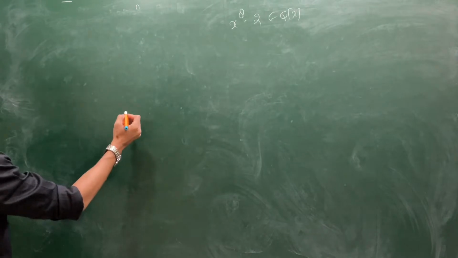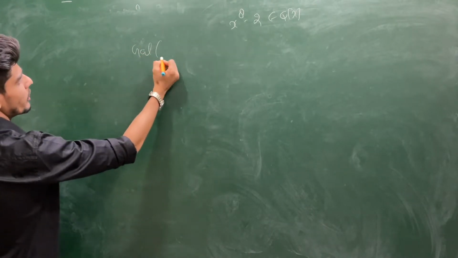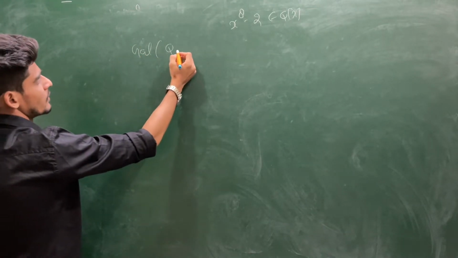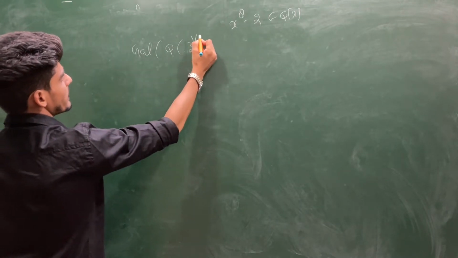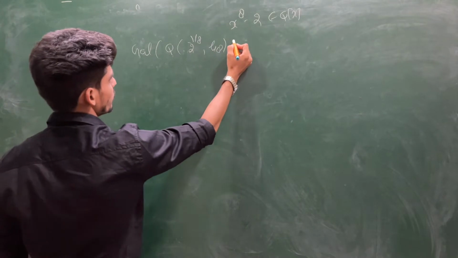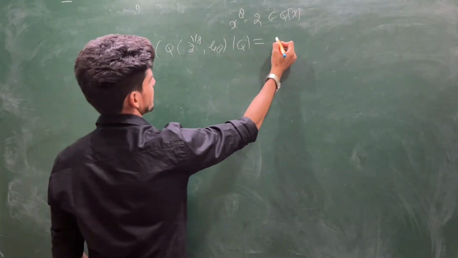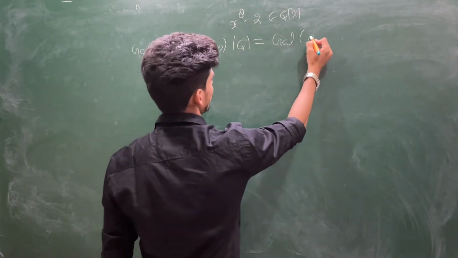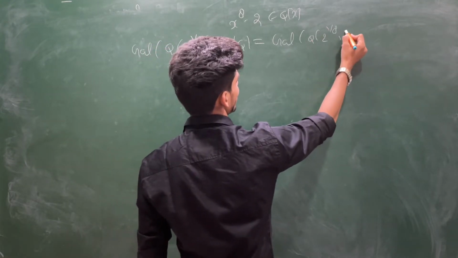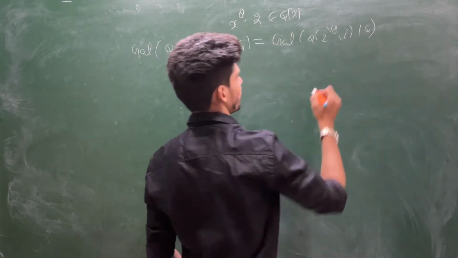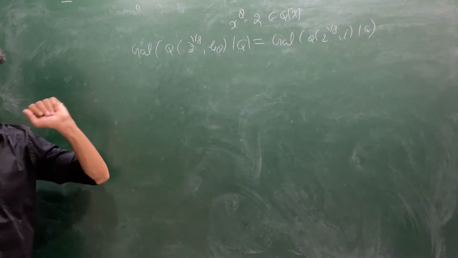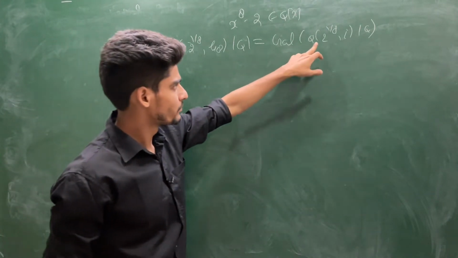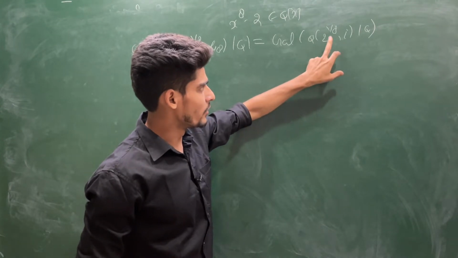And we actually computed the Galois group or Galois extension of Q adjoin 2 power 1 by 8 comma 8th primitive root of unity over Q, which is exactly the same as the Galois group of Q adjoin 2 power 1 by 8 comma iota over Q. So we saw this in the last lecture, and we also saw this has a degree of extension 16.